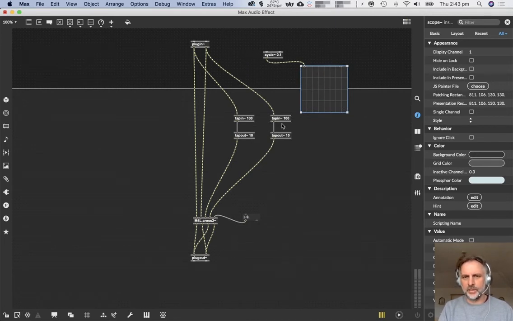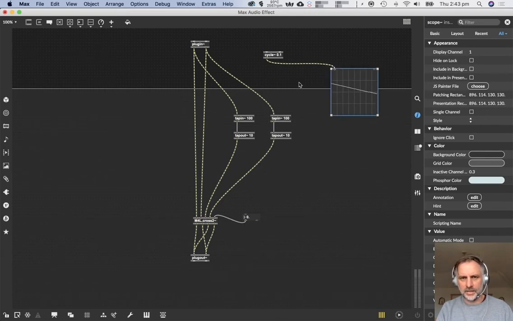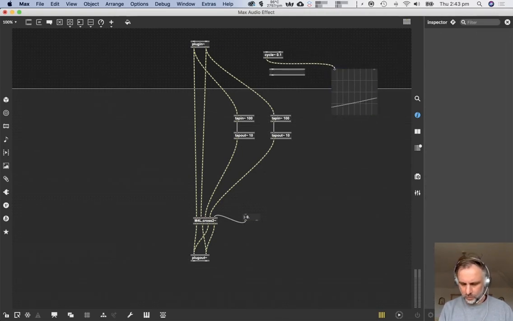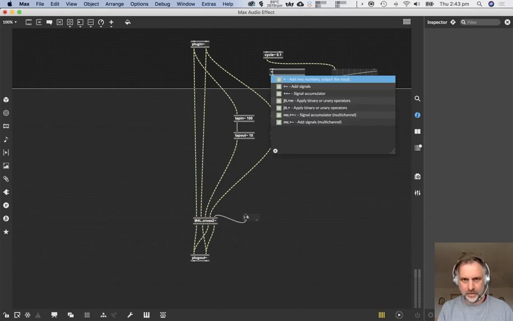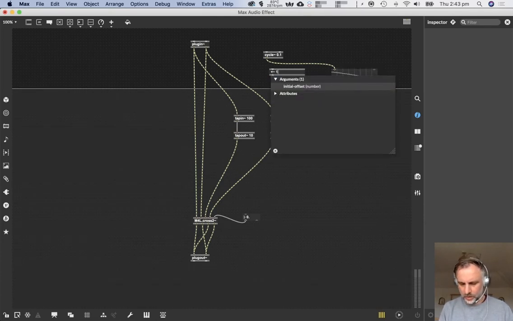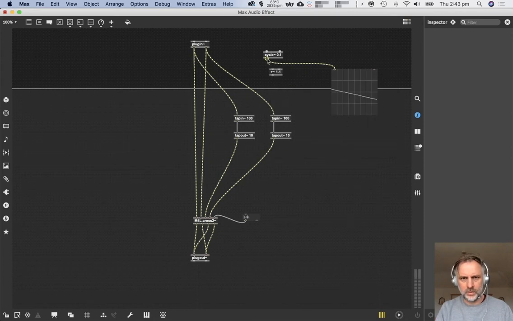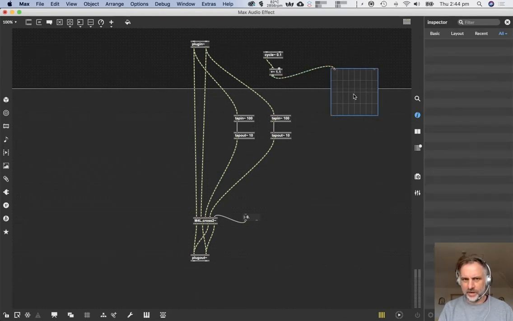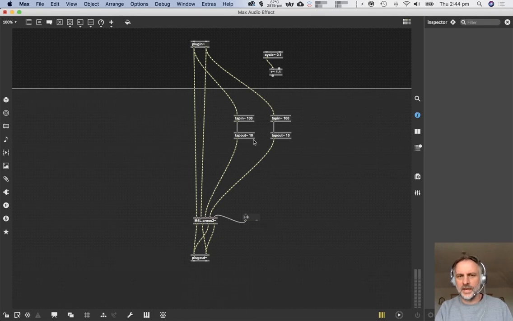I don't want my delay time to go below 0, so I'm going to add 1 and a bit using plus tilde. I'm going to add 1.1 to that signal value, and then we'll see it will go all the way up to 2 from 0. So now it's going 0 to 2. So if I connect that to my delay time, the delay time will now go between somewhere just above 0